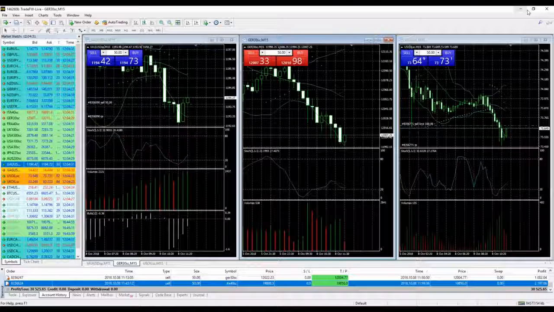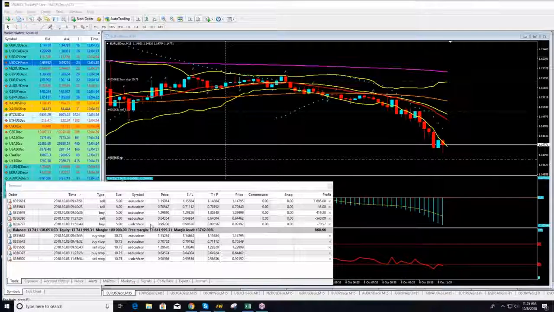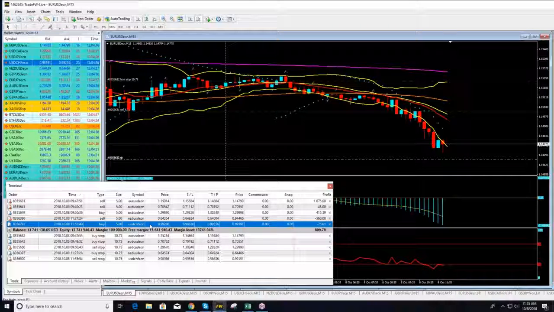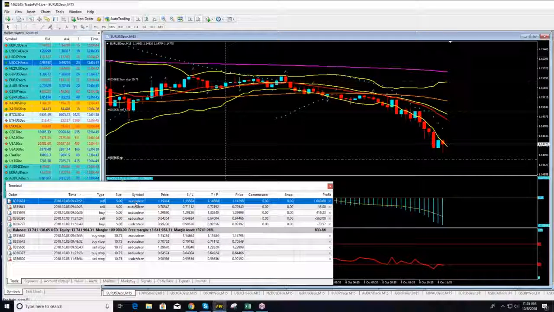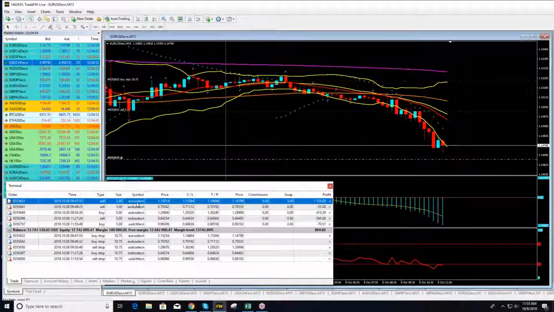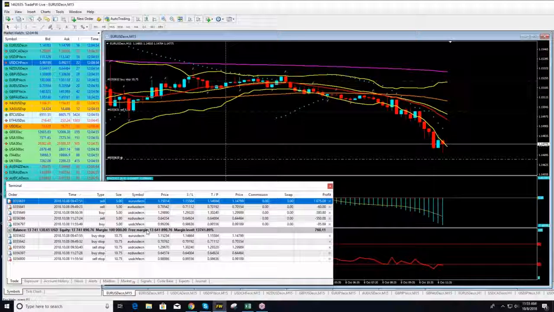So nothing has changed so far, guys. The last position I have open is dollar CHF, where I have entered long position dollar CHF. We are monitoring the chart of euro dollar. I have entered short position since the morning, as I have informed you. It's currently my best performer for the moment. I will keep an eye on it, and if we have any updates, we will go live and inform you